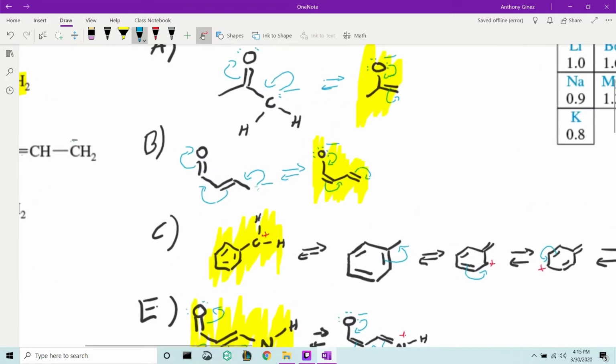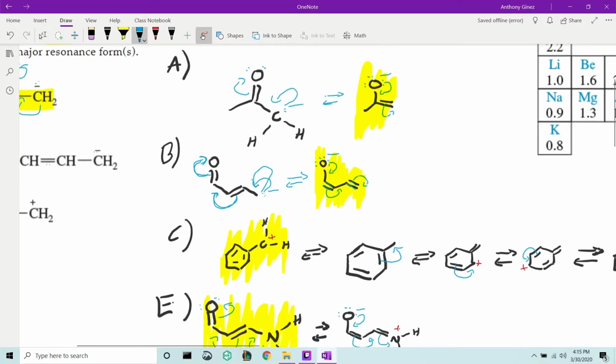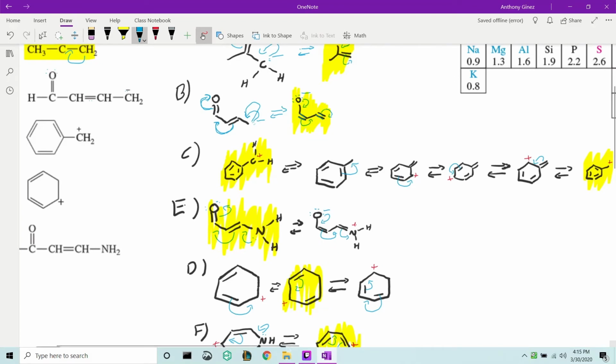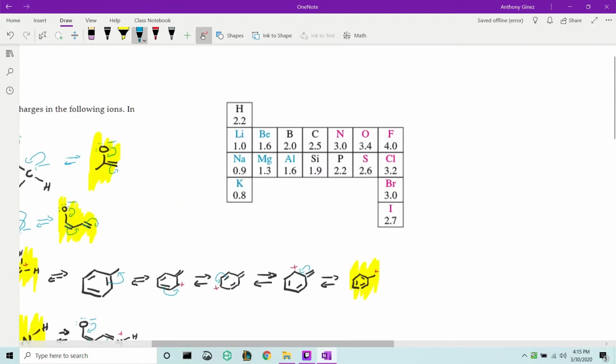We see the electrons shift into this double bond here, and then we see this pair of electrons shift over into this double bond, allowing this pair of electrons to flow into the sink, which would again give us two double bonds on this species, and allowing the more electronegative oxygen to hold the